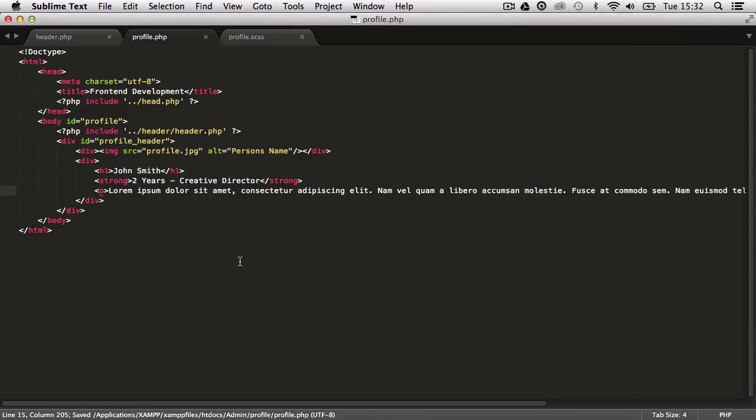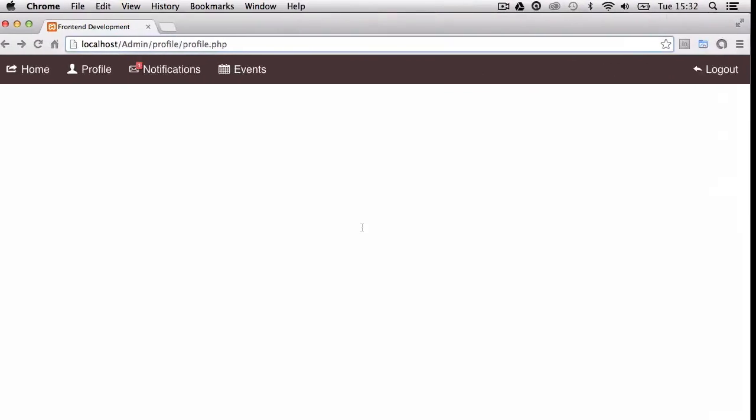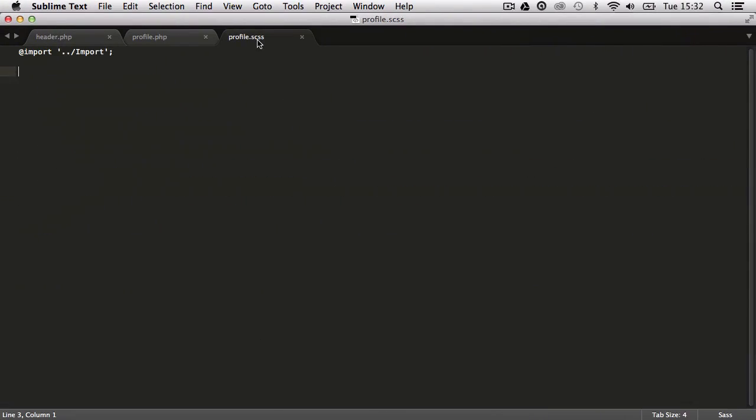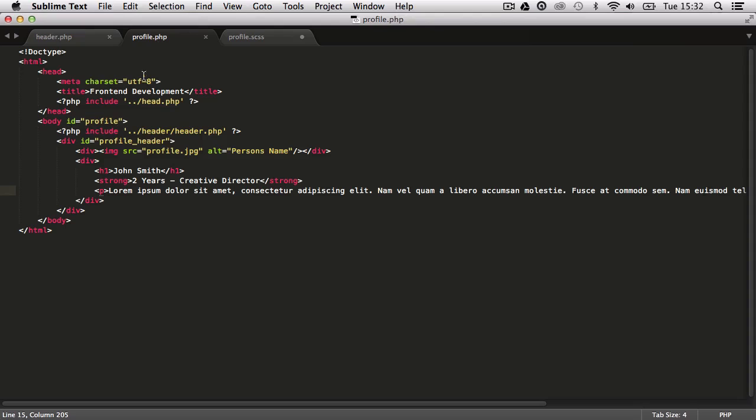So now let's save this PHP file, take a look at it inside of the browser, and you'll notice the header is still styled because we're already loading in that head.php file. We have our image right here, which is just a blank square effectively, and then also we have our text. So the next thing I need to do is take a look at the SCSS file and start to style things up. So the first thing I'm going to do is target that ID profile, which is on the body tag right here,